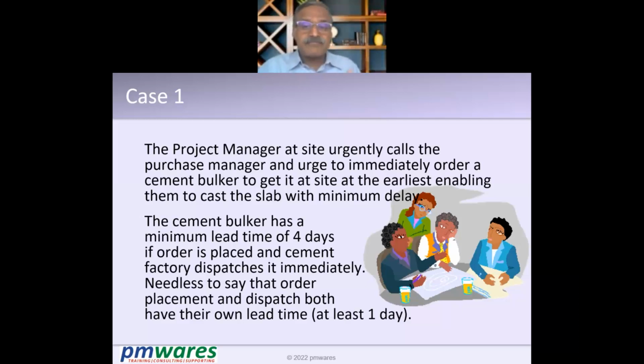Now look at it. If this happens, at least 4 days of lead time is required. When you order and the cement company immediately ships it, you will get it in 4 days. If you have a processing time of 1 or 2 days for the order, add that to this. And if the cement company has bulkers in a queue to be sent to other customers, and your number is after 1 day,